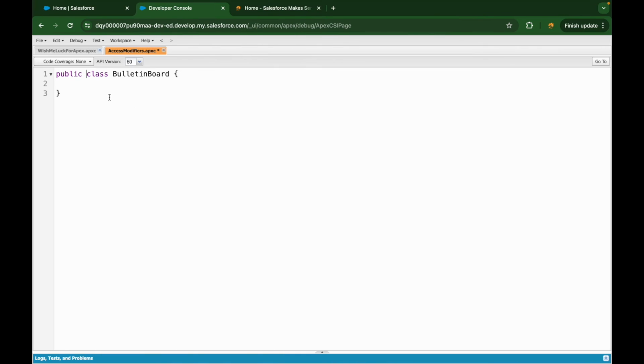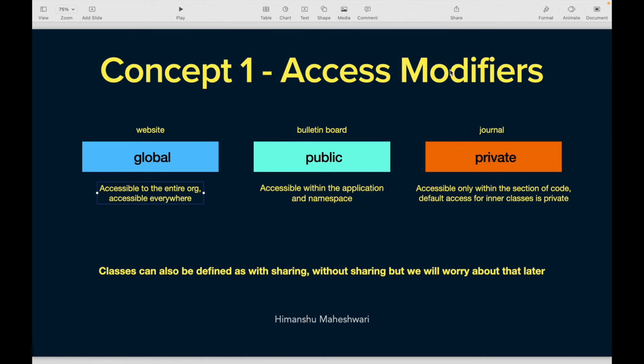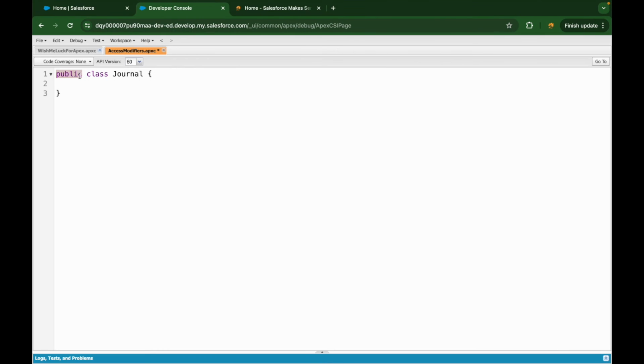Okay. And if it was your personal diary or your journal, who can see it? Only you can see it, right? But you don't get private on the top level. You cannot define a class like this. So if I save it, private class journal,